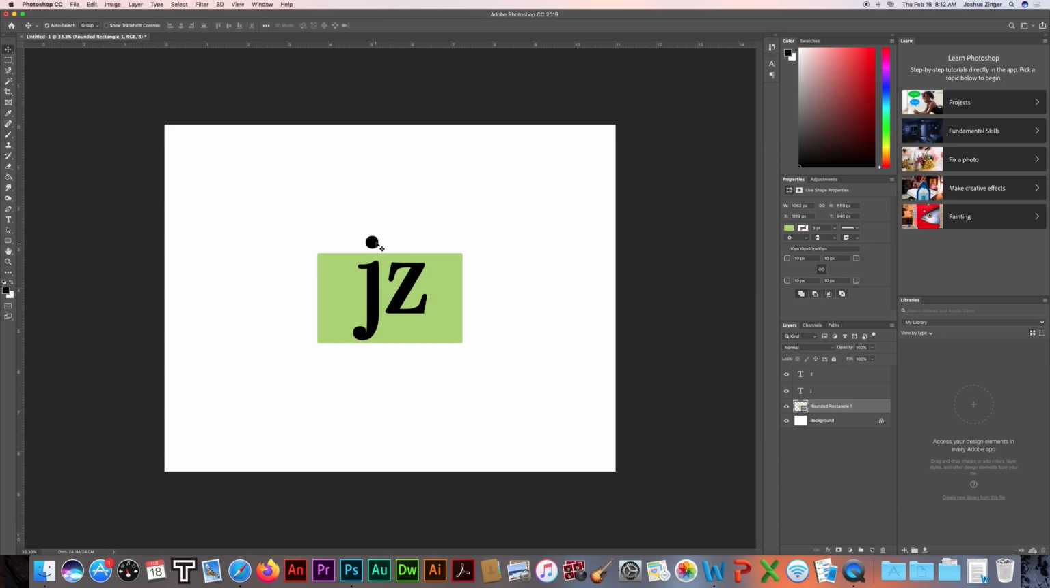I intentionally left the dot over the J outside of the box. That was on purpose. And so this isn't terrible, having the dot out there, but I think I want to do this a little bit differently. So I'm going to stay with this rounded rectangle tool, and